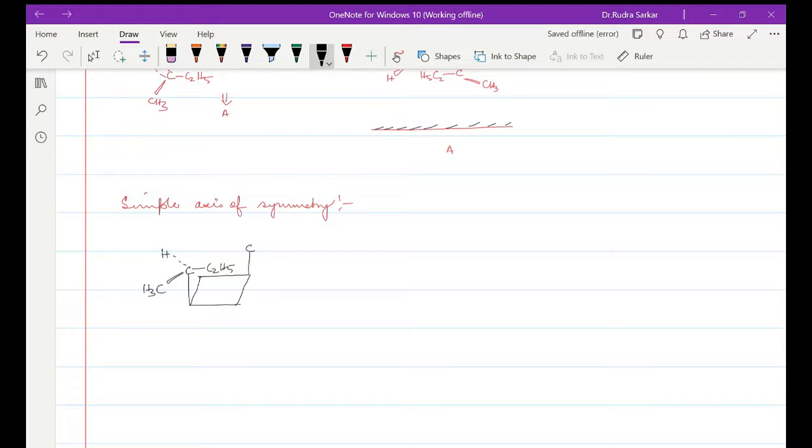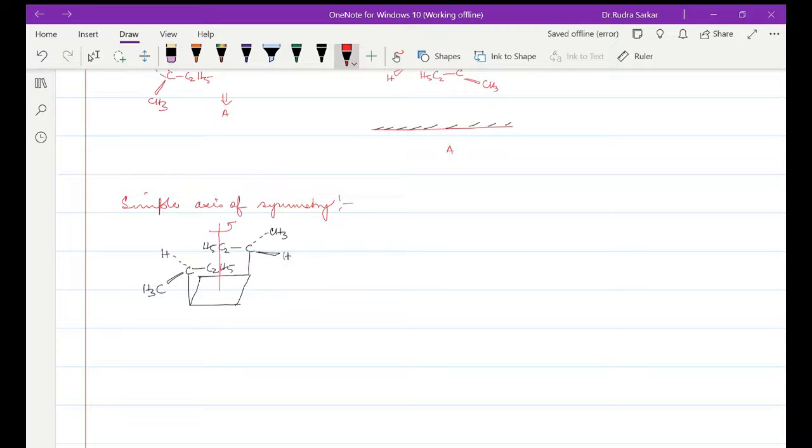Okay, this is the hydrogen, that is the CH3, and this is the C2H5. So if I were to rotate this molecule along this axis, which is obviously, if I take the degree